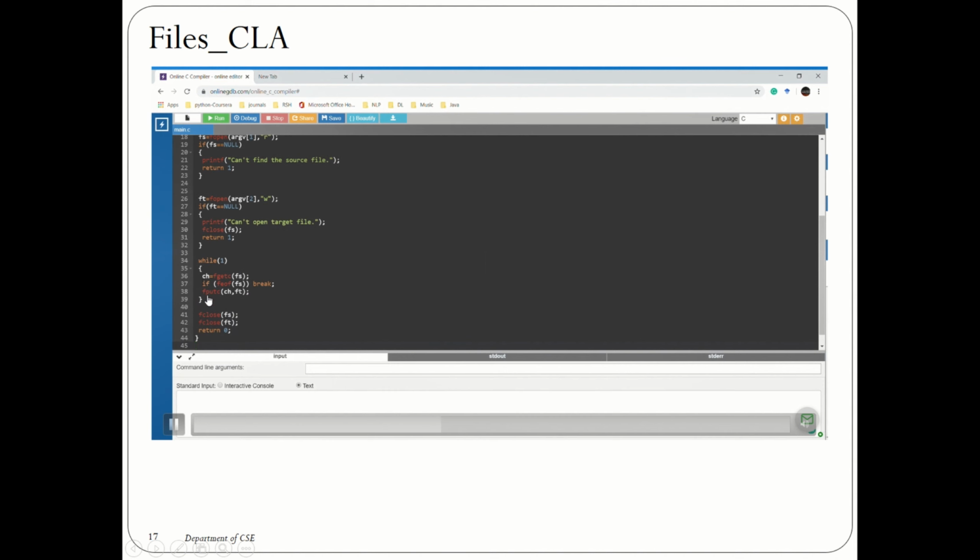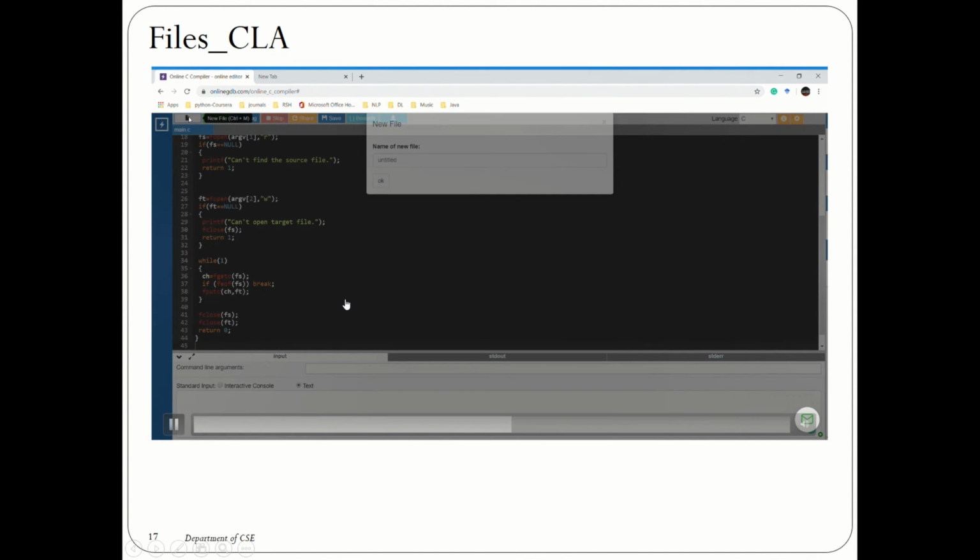Otherwise, you get each and every character from your first file, fs, until it becomes feof, which is nothing but end of the file. You put each of the characters onto ft, that of the second file, which has been opened in the write mode, and finally you close it.